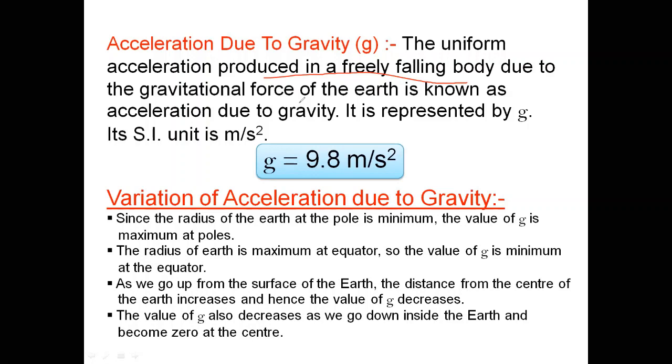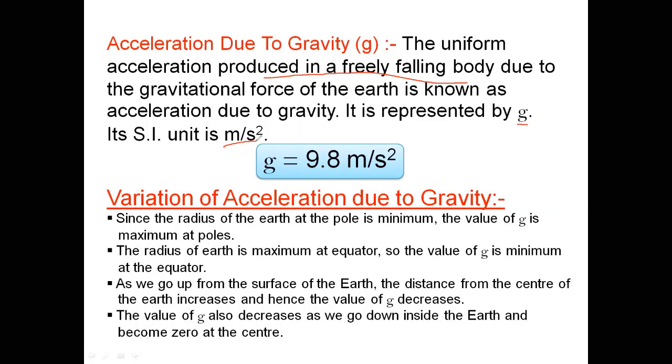Earth की ग्रेविटी की वजह से किसी बॉडी में जो एक्सेलरेशन प्रोड्यूस हो रहा है, दैट इज एक्सेलरेशन ड्यू टू ग्रेविटी, एंड it is represented by small g. Acceleration due to gravity is represented by small g, and its SI unit is meter per second square. As we know that the SI unit of acceleration is also meter per second square. Here it is also acceleration, small g है, ये भी एक acceleration है, but it is due to gravity,